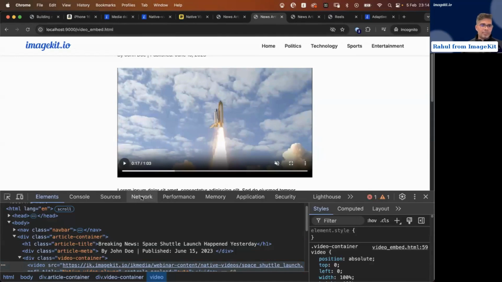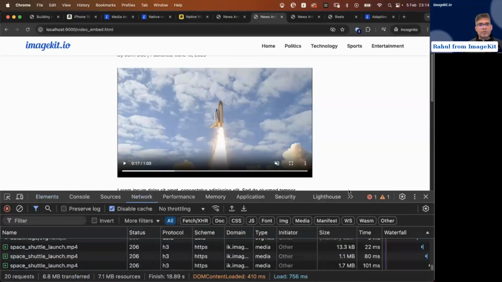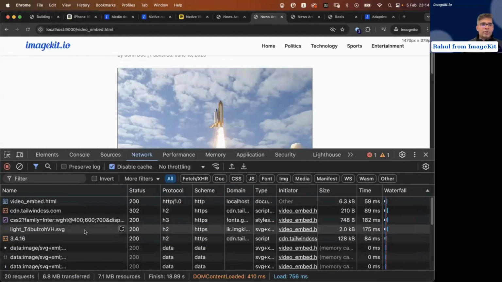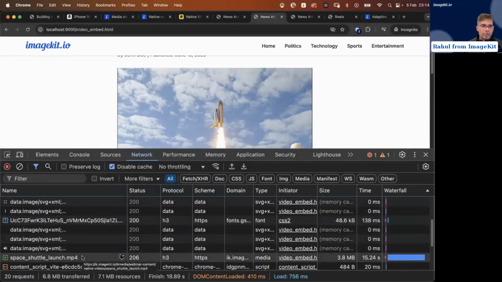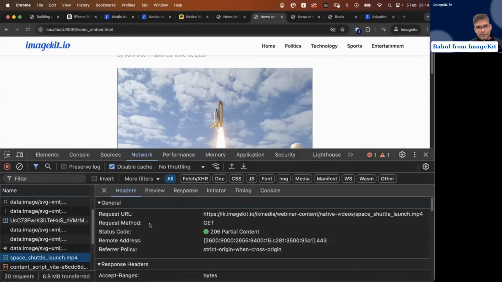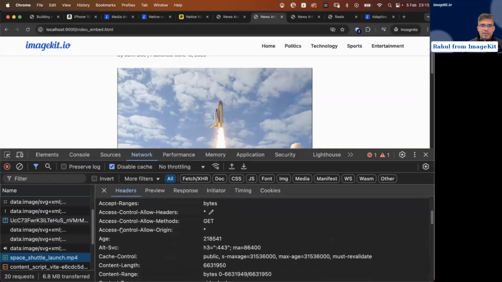Whether or not you use ImageKit, this is the simplest way to deliver native videos on your website. One quick thing I wanted to show you is that when you use ImageKit to deliver your videos, ImageKit also takes care of automatically optimizing your videos to the right format. So we saw in the media library that the original video we started off with was a 35 MB